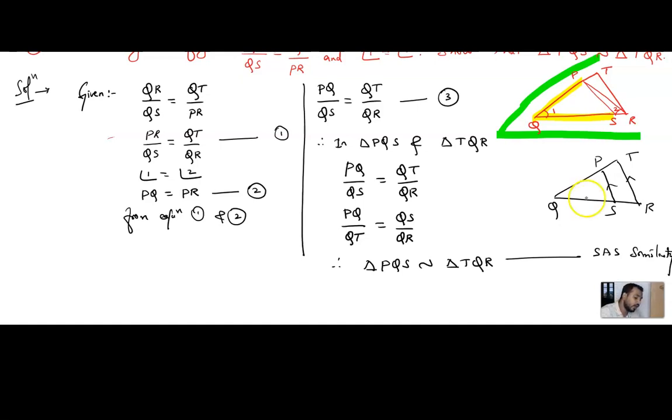Now we can see that if we take triangle TQR it has angle Q, and triangle PQS also has angle Q, so angle Q is equal to angle Q. That is side angle side of the first triangle is equal to side angle side of the second triangle. By using SAS similarity criteria, we can conclude that both the triangles are similar. I hope you all have understood this problem. Now let me solve the next problem.